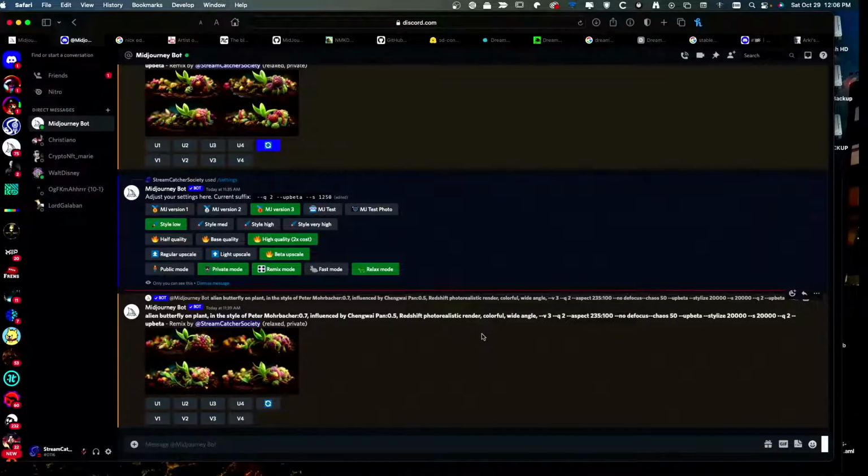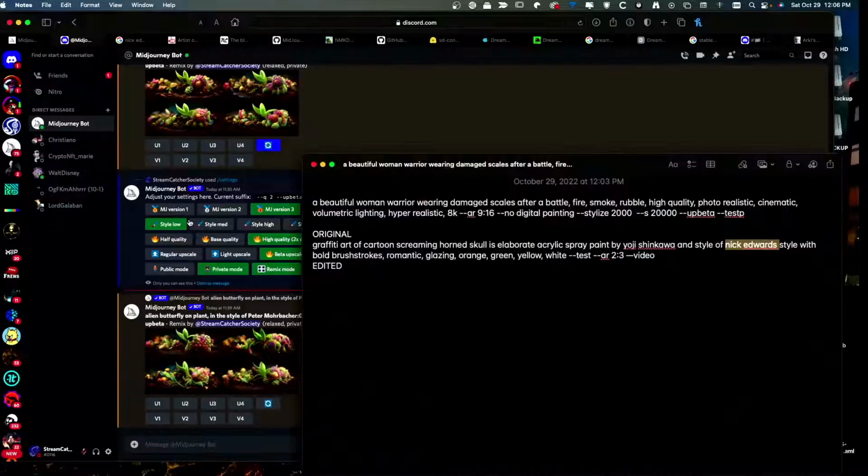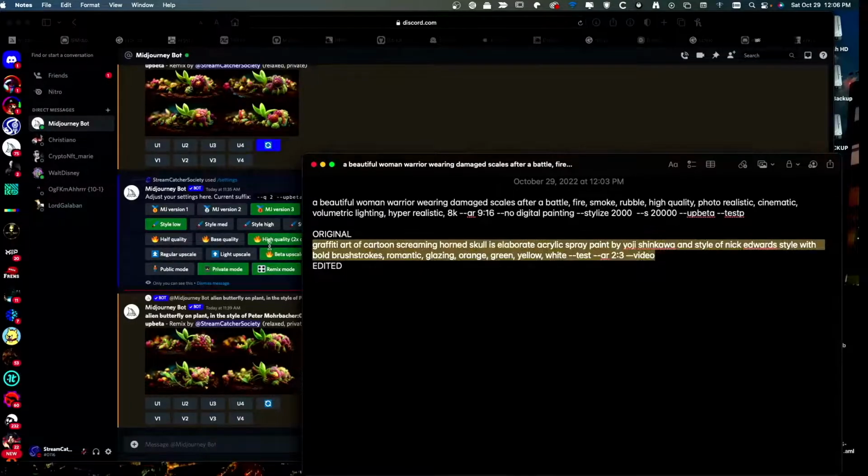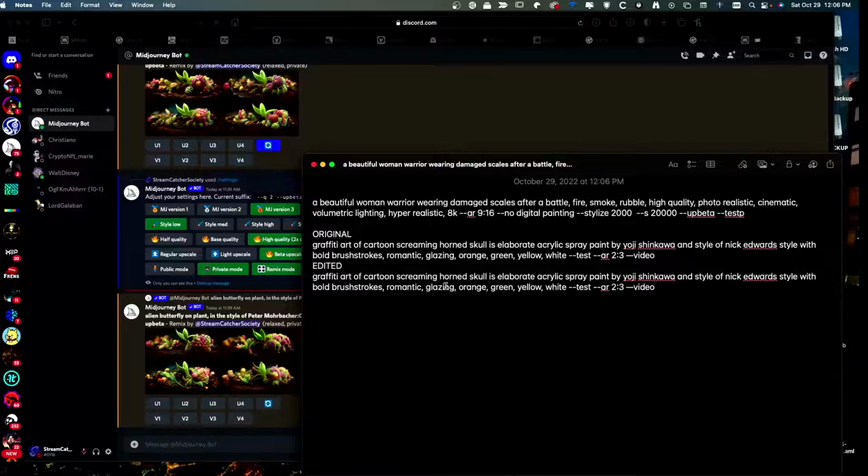So let's go ahead and run this prompt, but let's run it in fast mode. So what I'm going to do is copy this one, paste it. I'm going to say graffiti art of cartoon screaming horned skull. Let's turn this into pretty water nymph. We'll go way out of range with that. In elaborate. See, it says elaborate. I think she meant in. So by Yoji Shinkawa, in style of Nick Edwards. And then we'll just do bold,